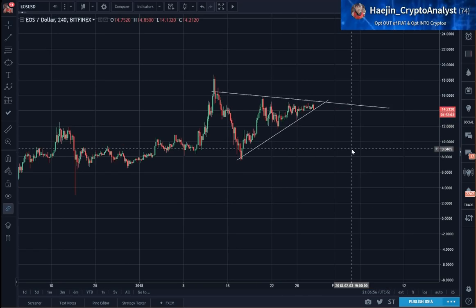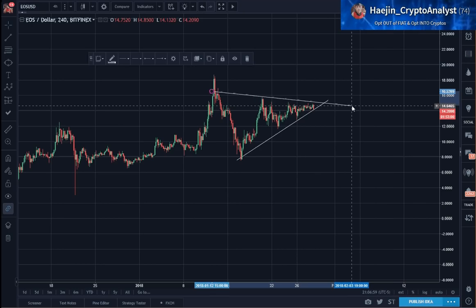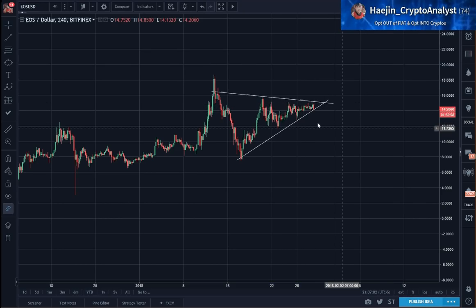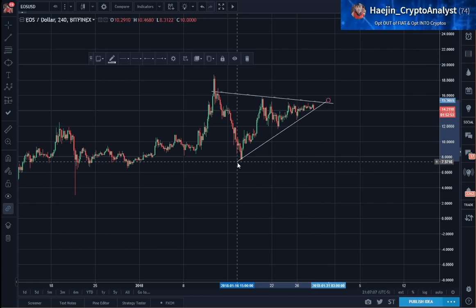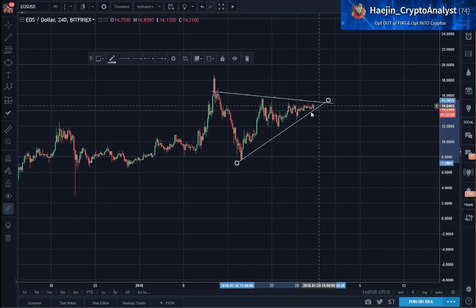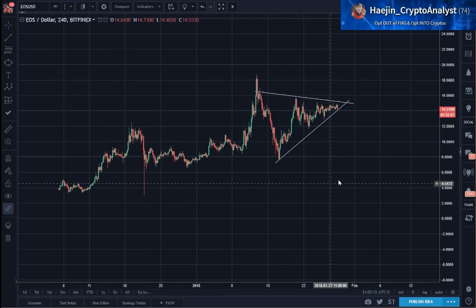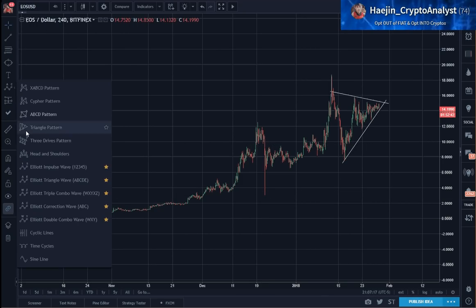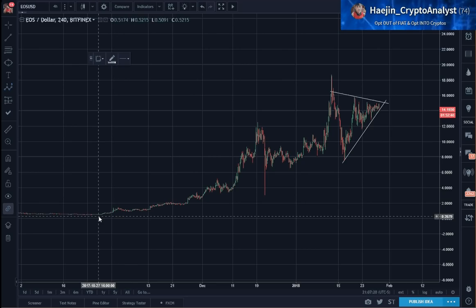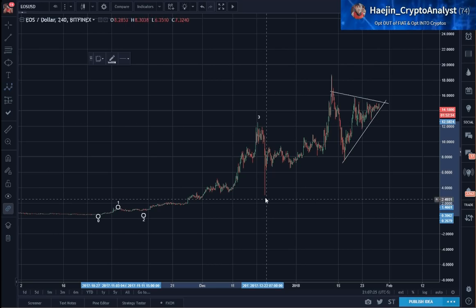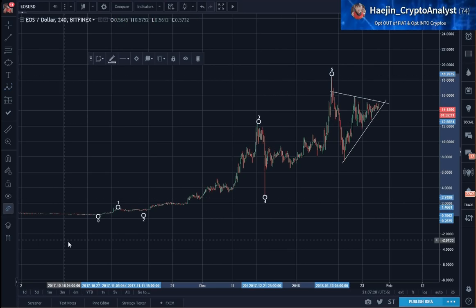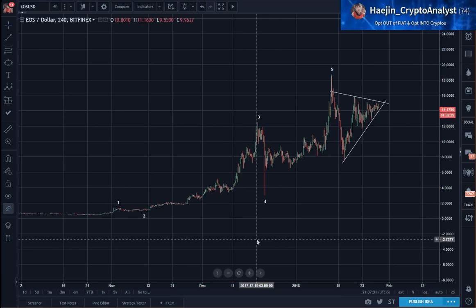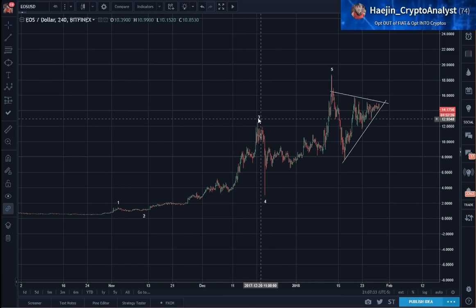And what's pretty important here is not only just a pattern, because we're very close, and this support line needs to hold the bottom line. But if we do an Elliott wave count, one, two, three, 4, and 5. After 5 waves,